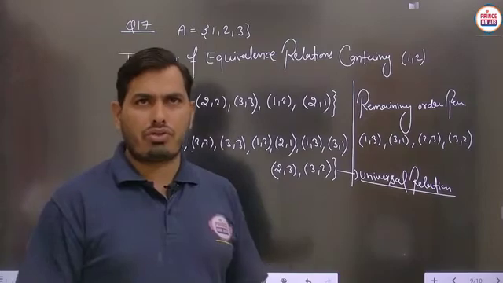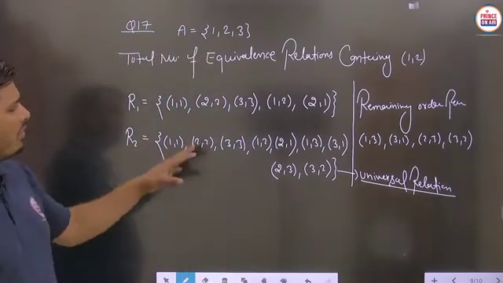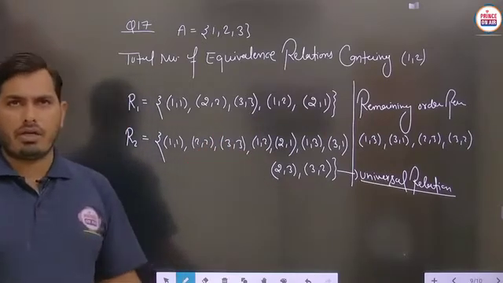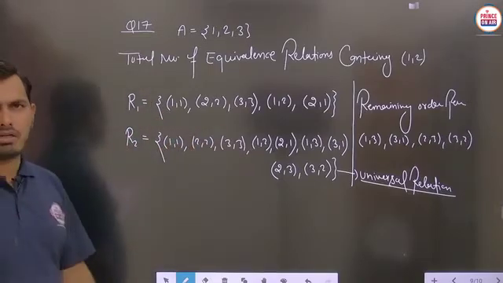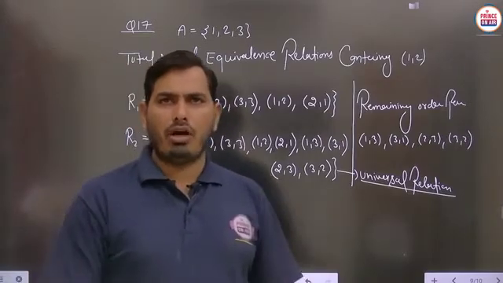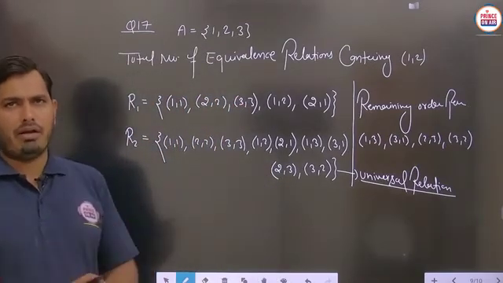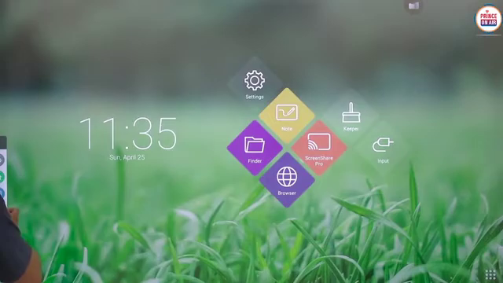So in this question number 17, we are saying this is the particular kind of relation which contains the elements 1 and 2 here, and definitely the answer of this question is 2, meaning there are two equivalence relations, which are said to be equivalence, meaning reflexive, symmetric and transitive. So students, you can just check the answer of this question number 17, then definitely you will see the answer here.